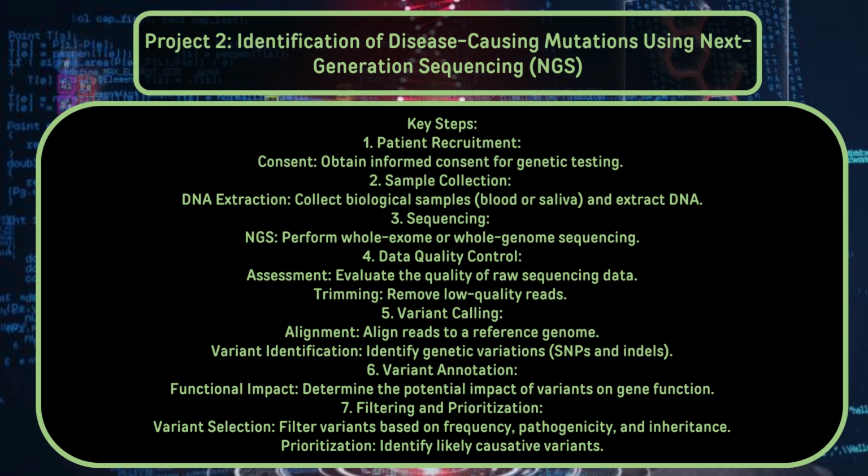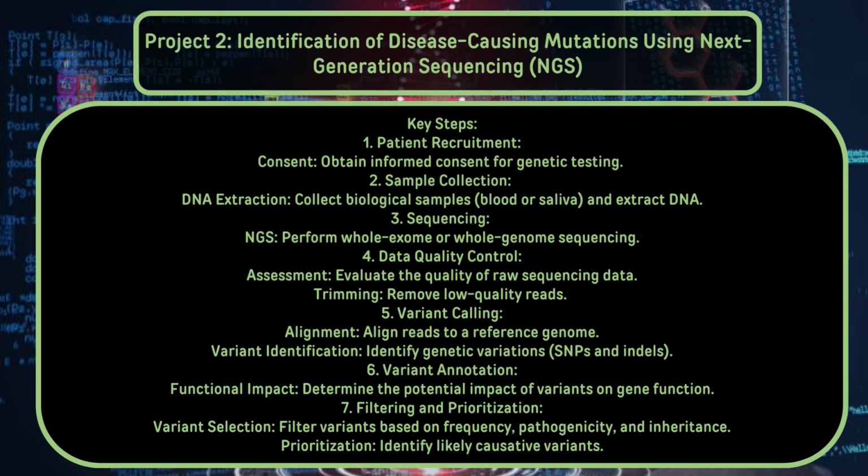next-generation sequencing data. Detailed steps include patient recruitment: recruit patients with suspected genetic disorder and obtain informed consent for genetic testing. Sample collection: collect blood or saliva samples from patients for DNA extraction. Third, next generation sequencing. Perform whole exome or whole genome sequencing on the extracted DNA using platforms like Illumina or